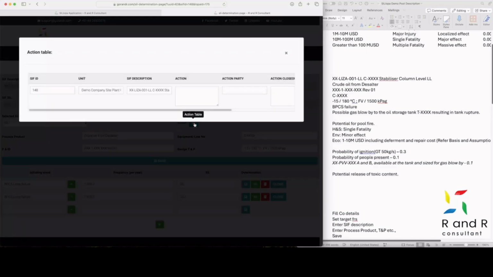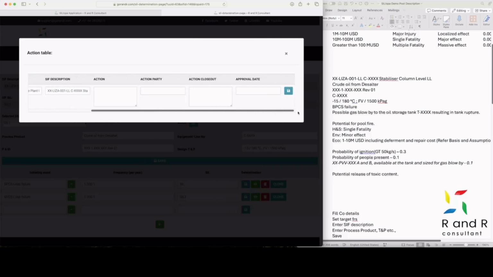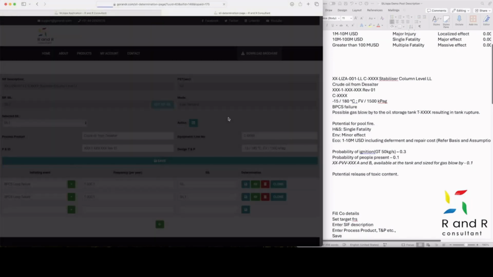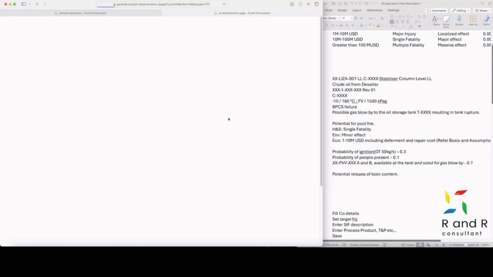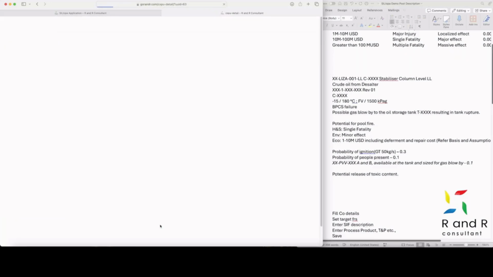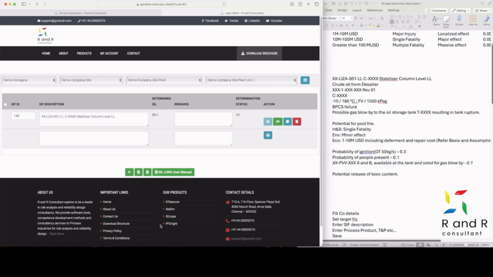If there are any actions resulting out of this analysis, capture the same in the action table. Go back to the SIF list table and check for selected SIL and determination status OK.